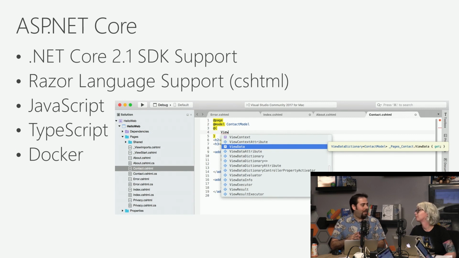IoT. And at the moment, Visual Studio for Mac supports .NET Core 2.1, which is the latest version of the .NET Core SDK. With this, you'll be able to create web apps using Razor Pages or MVC, in addition to ASP.NET Web API projects. With this also comes IntelliSense formatting and all those other features that you're used to for various files, like Razor files, TypeScript, JavaScript, CSS, HTML files. And something that's really cool, you can also hook up with Docker and throw your ASP.NET Core pages or projects